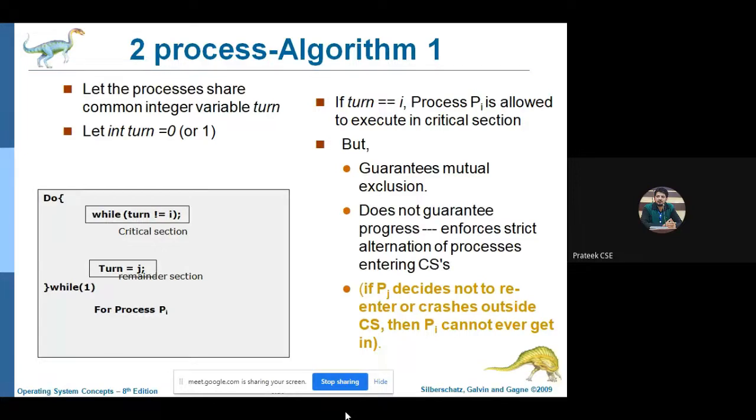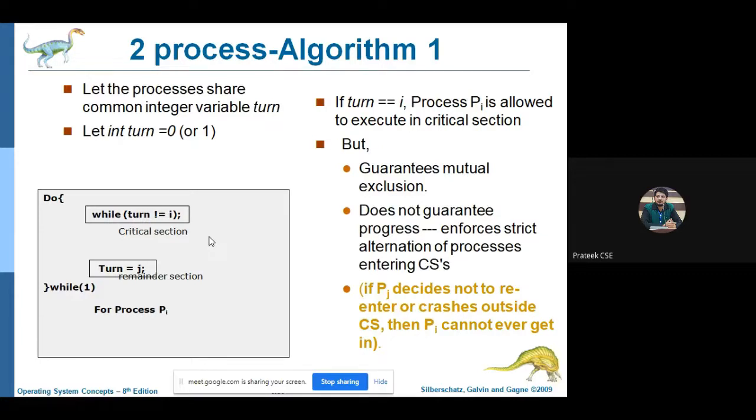I showed you this code by executing it for both processes P0 and P1, and we concluded that with this algorithm, mutual exclusion is guaranteed, but progress is not guaranteed,